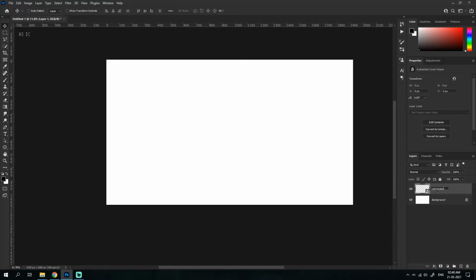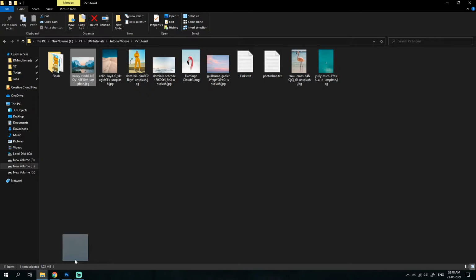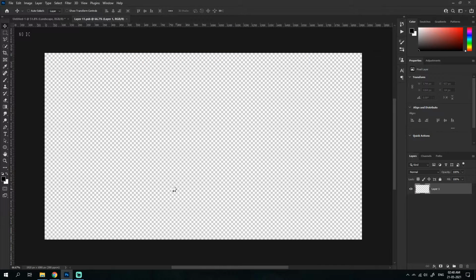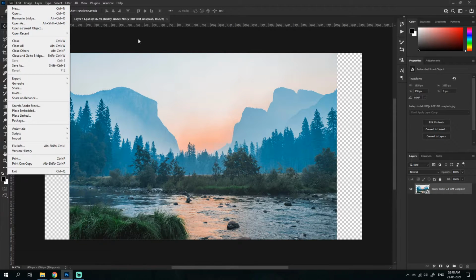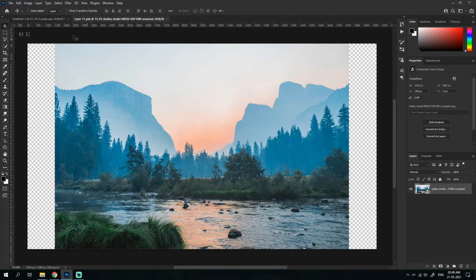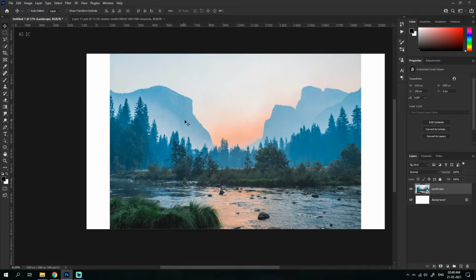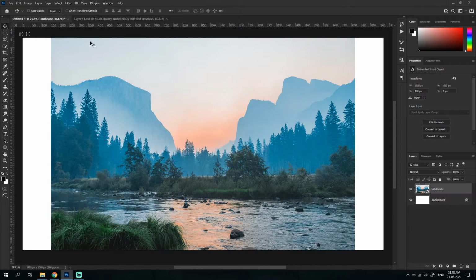Let's just call it landscape, and I double click on it, and I can now just drag my landscape in that new section which I have created. And now if I press Ctrl S or just go to file save, you could see it is popped up in here. And then if you want to access it again, you just double click it, and now we have this section here to actually make it workable without losing quality.